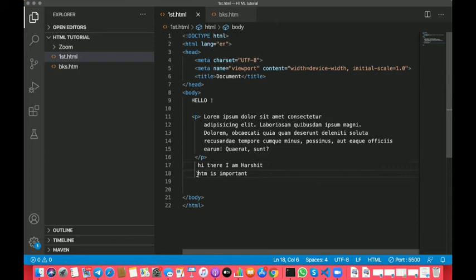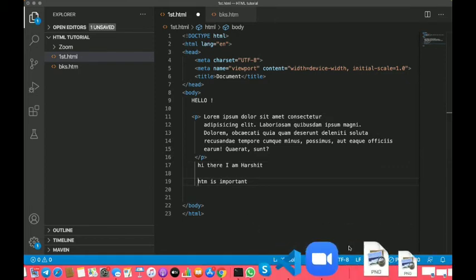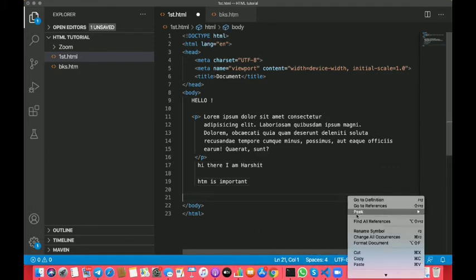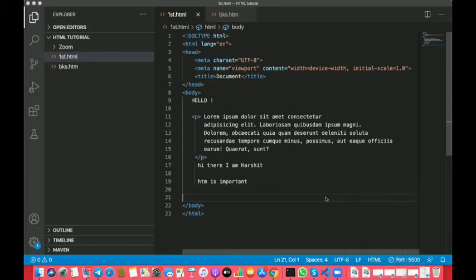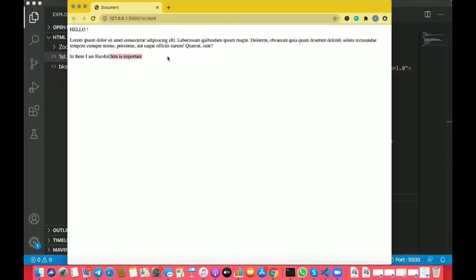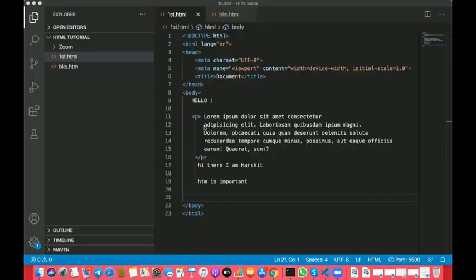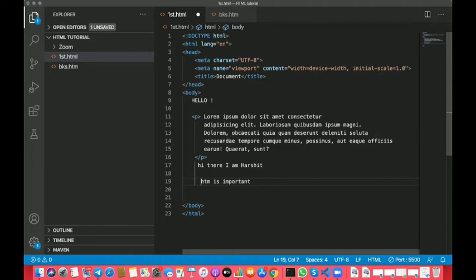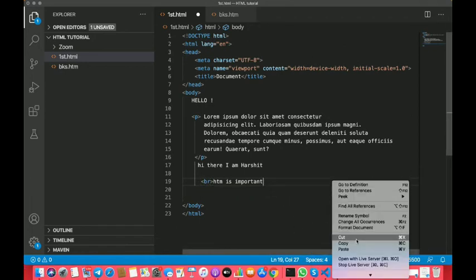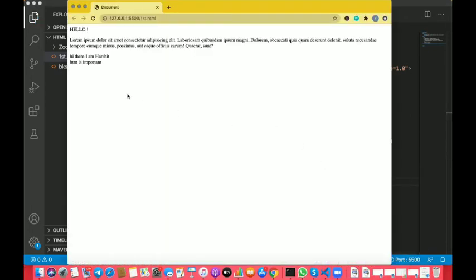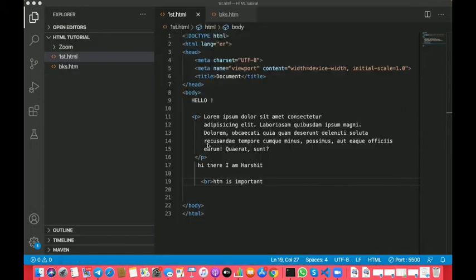So now let's jump into the differences between the br tag and the division tag. If I give a space here and open it with live server, then you can see no changes in the page. Yeah, it is stuck with hi there, I am Harshit. So if we put a br tag here, and it's a self closing tag, you don't need to close it, and open it with live server, you can see the line has been cut off and it's on the next line.